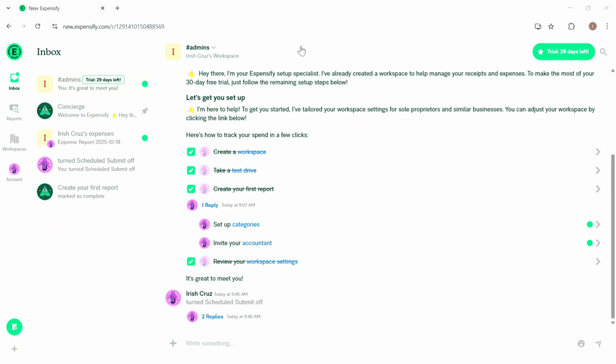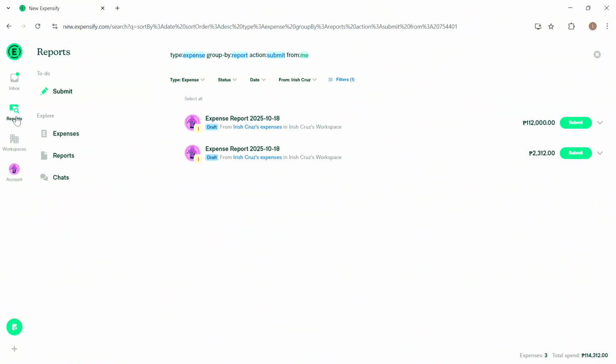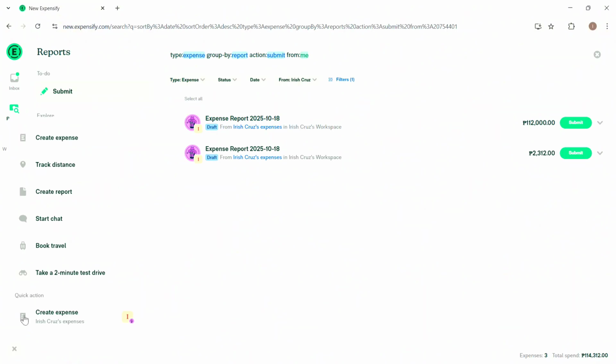So to get started, go ahead and open the Expensify website on your browser and then sign in to your Expensify account. And then from here, head over into the Reports tab. And then from the Reports tab, head over to the plus icon at the bottom left of your screen